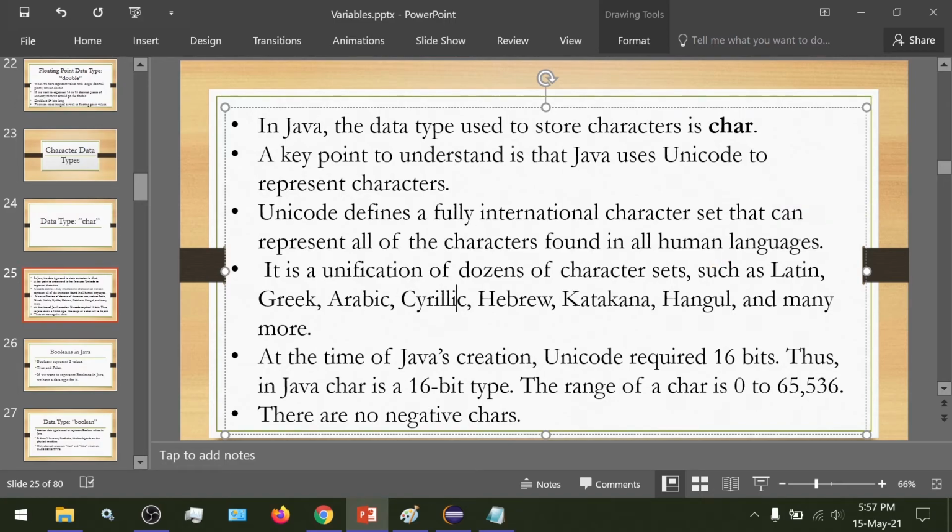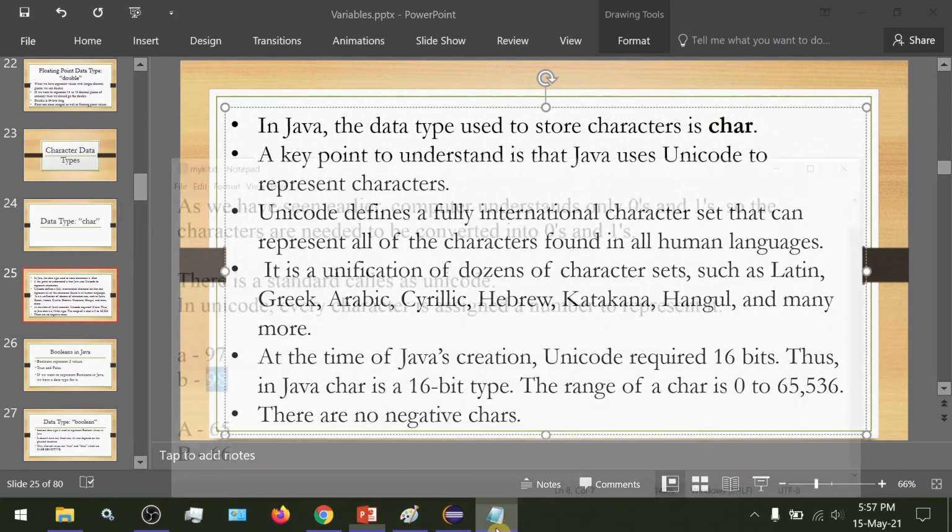It doesn't matter whether the language is Latin, Greek, Arabic, Hebrew or anything. All the characters found in any of these languages are represented using Unicode. Even the characters in the English language are represented using Unicode.